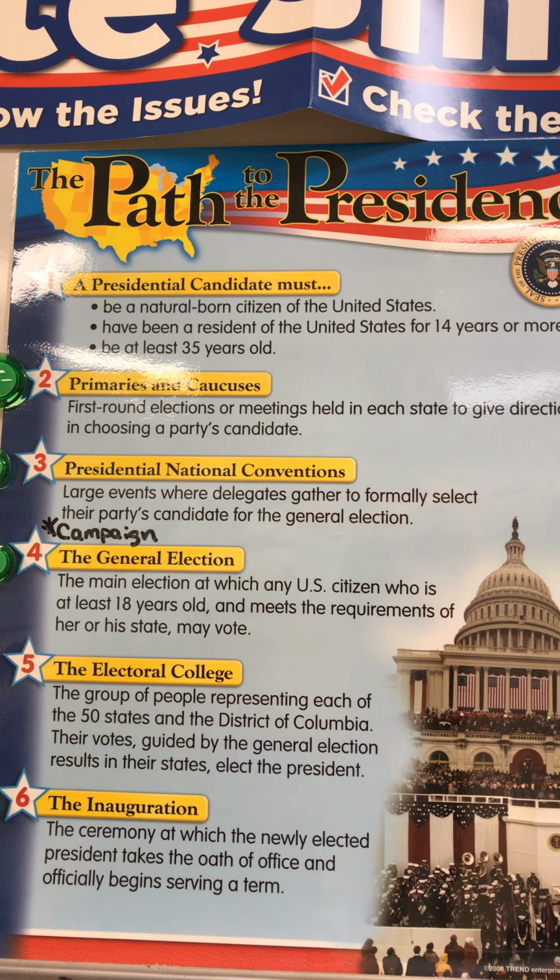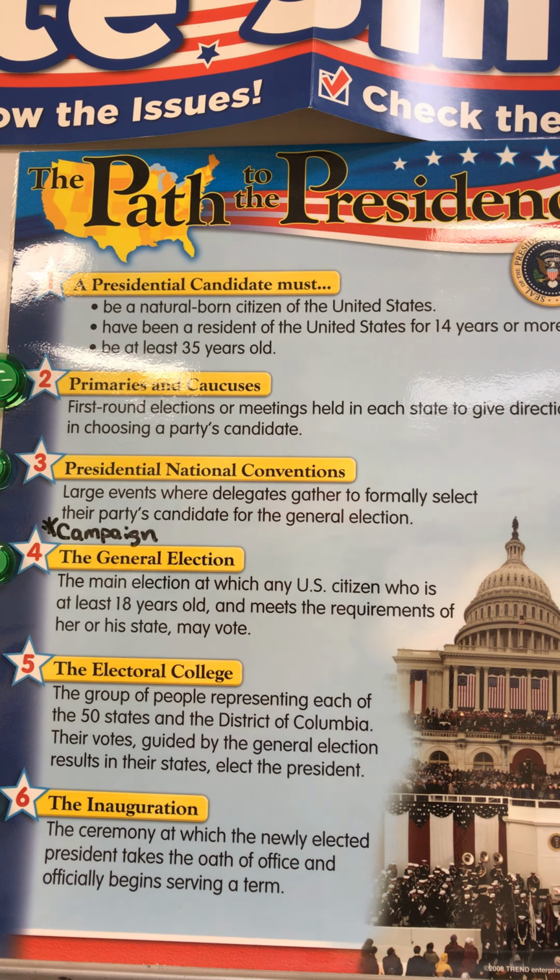Today we're going to have a very short lesson and you're going to do an election timeline. So I'm going to go over the events of the timeline so that you can put them in order. I'm going to use this poster, The Path to the Presidency, and we're going to use the ones with the green